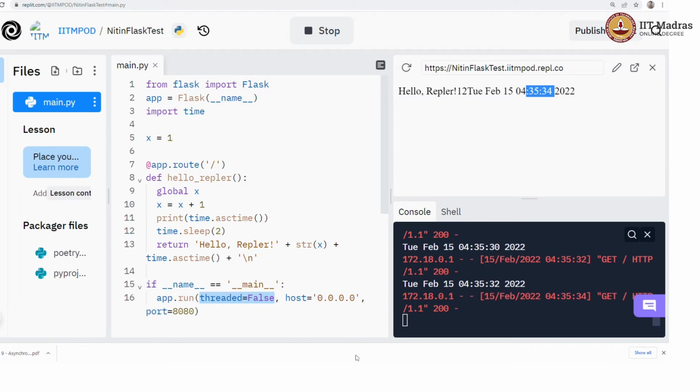Why did all this happen? Because of this threaded equal to false, which basically means that while the web server is busy responding to one request, it simply cannot accept requests from anyone else. It doesn't matter how important the request is, it doesn't matter where it's coming from. Whoever is sending the request will find that the web server is not even accepting a connection on that port,